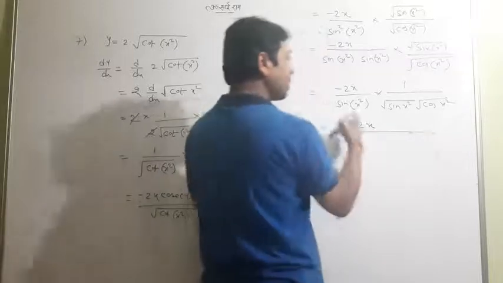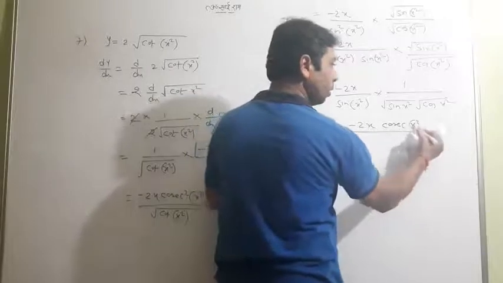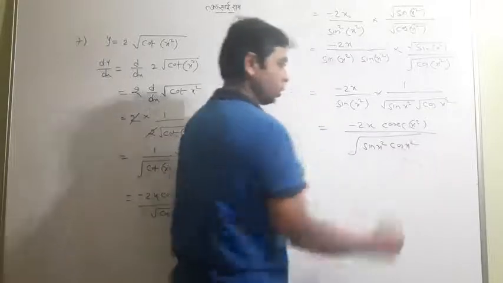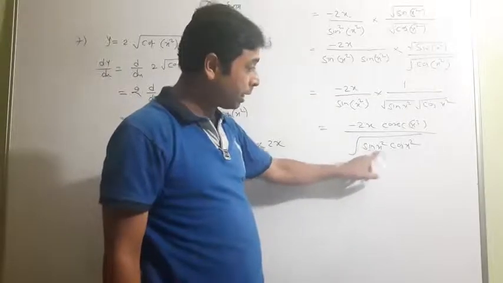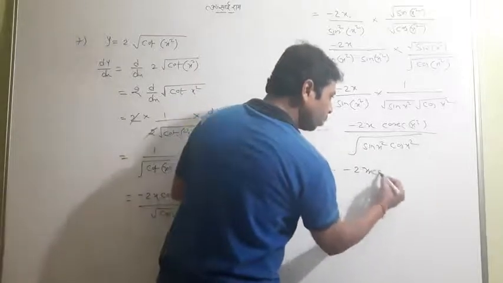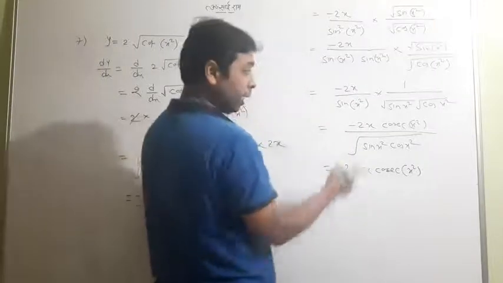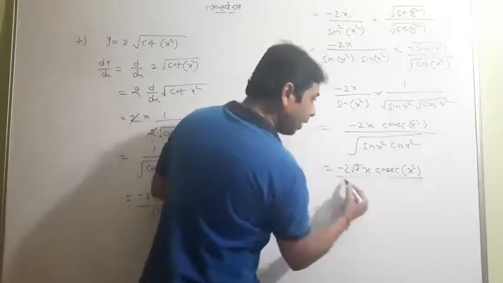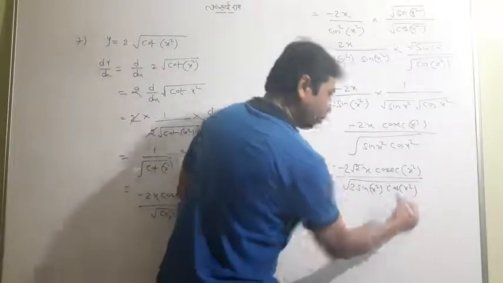Now what will I write next? 2x upon that sine. I want to write it upside, where sine will be cosec. These two will be combined. Sine x square, cos x square. Hope you understand. So I want to create 2 here because this time it will be the formula 2 sine a cos a. So how would I create 2? So that you write only the same sentence, and I write multiply by root 2 and divide by root 2. Think. It is not tough, and try to catch what I have done.